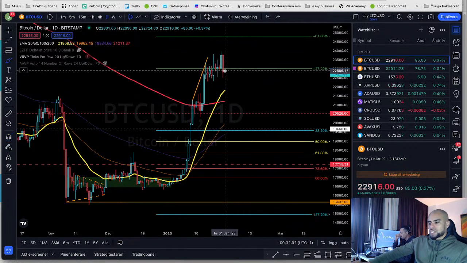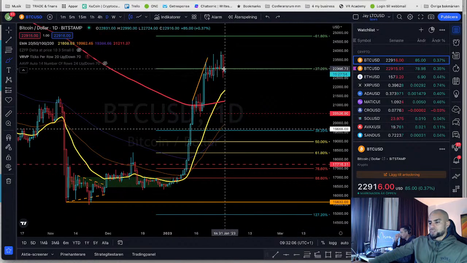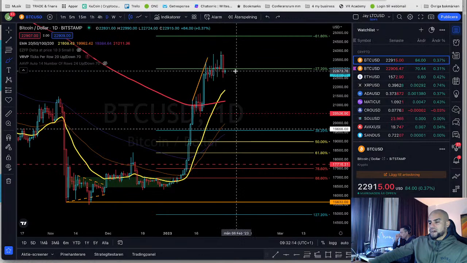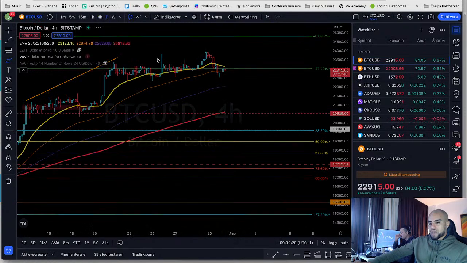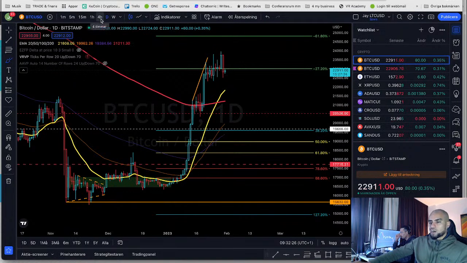What doesn't look bullish is that we are underneath the 27.2 Fibonacci extension, and it's acting as resistance. If we break through, come down and retest it, I can see this definitely as a bullish indicator. But what's speaking against it is that this is the daily time frame, we had this whole run up. So the market needs to take a deep breath